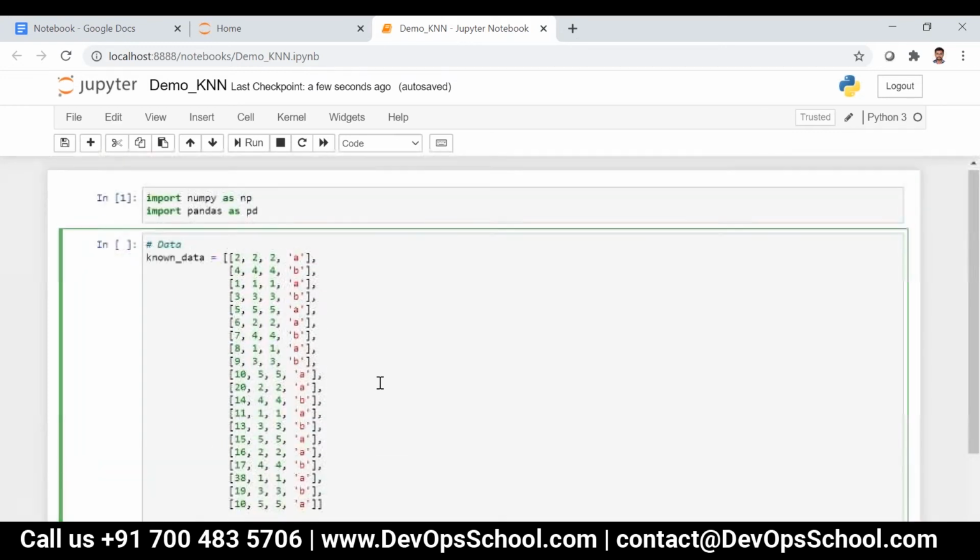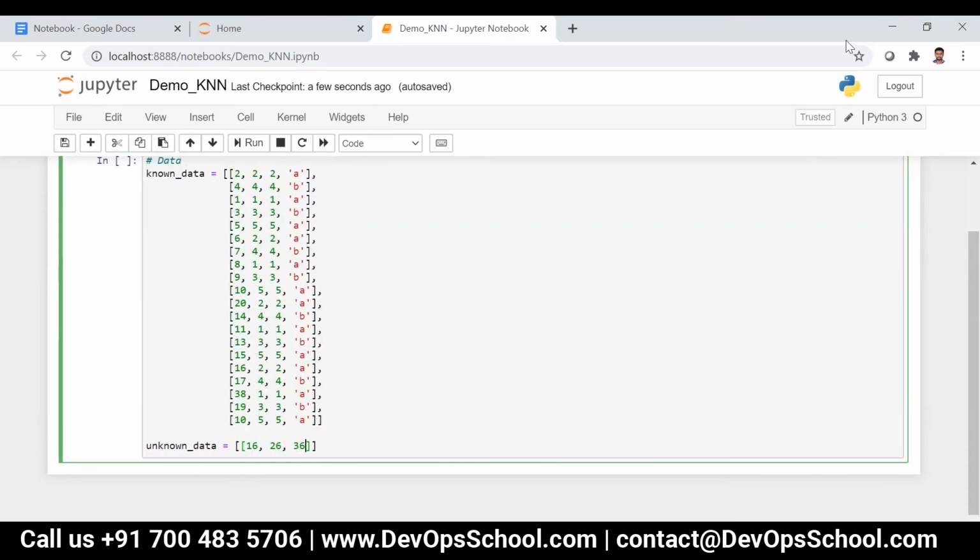Now consider I have data points like this. Let's say this is the y axis, and this is the x axis. Now I have the data points like this over here. Let me choose two different colors.